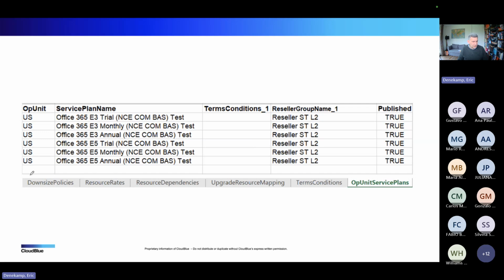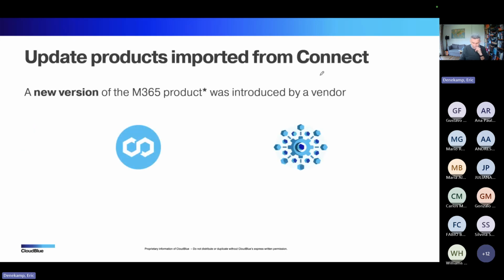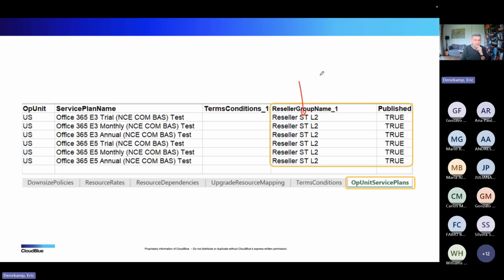So for the operational unit US, you have to, of course, specify in which operating unit do I search for this reseller group. Where do I search for this name? It is in the operating unit US. We have these plans, and you have to delegate them. Oh, that was too fast. And you have to delegate them via this service template.